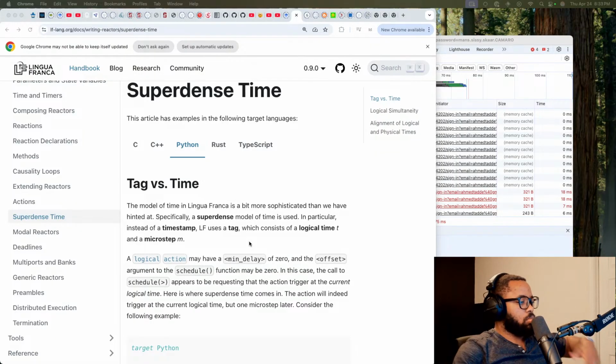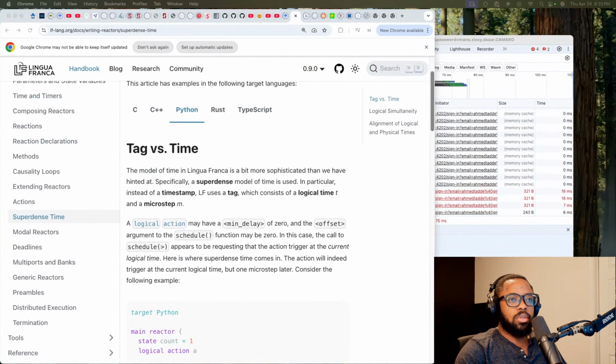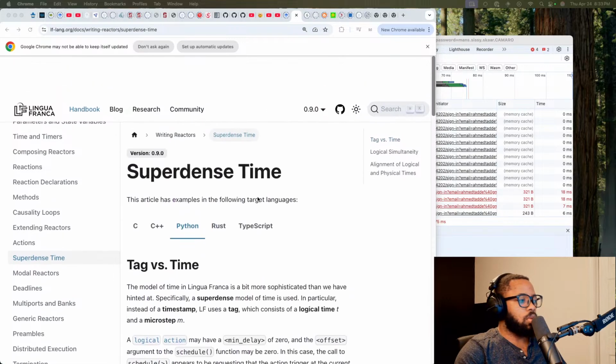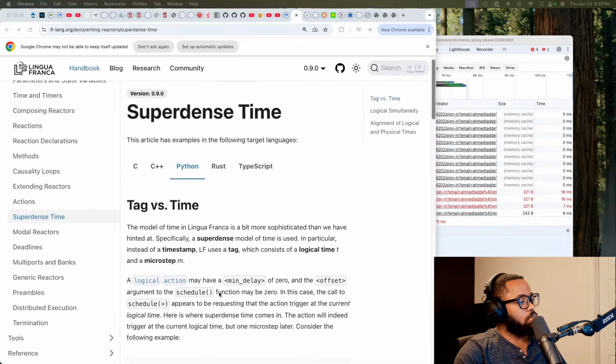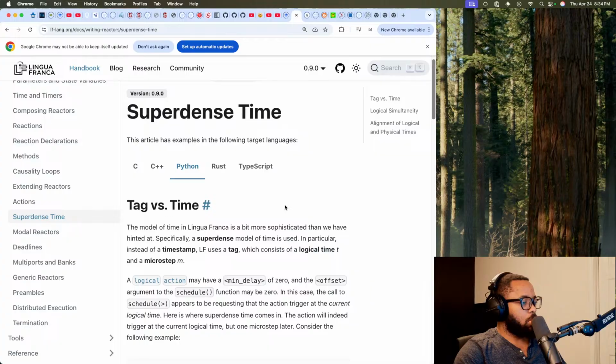I know that, as it says right now on the screen. Excuse me. Oh, wait, is my screen frozen? No, it's going. Okay. Yeah, I get that there's physical time, there's logical time, there is the concept of a tag. I get that. So I get that part.